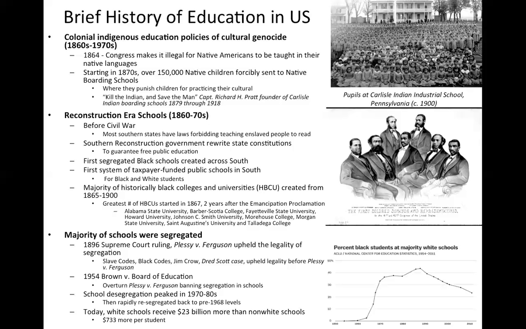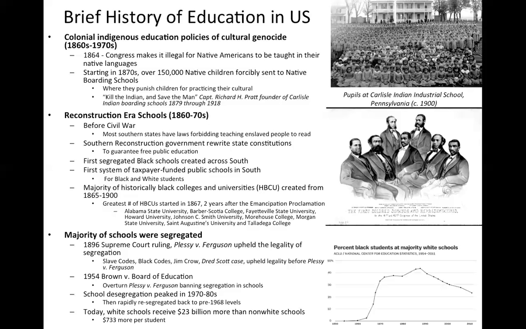remove Jim Crow. But then eventually in 1954, we have Brown versus Board of Education, and our next class is going to be completely on the history of racial segregation. So we're going to dive really deeply into a lot of this stuff in our next class. But in 1954, essentially the new Supreme Court decides that Plessy v. Ferguson is not okay anymore. So they overturn that, and they basically ban segregation in schools, which ultimately paves the way to ban Jim Crow throughout the country.